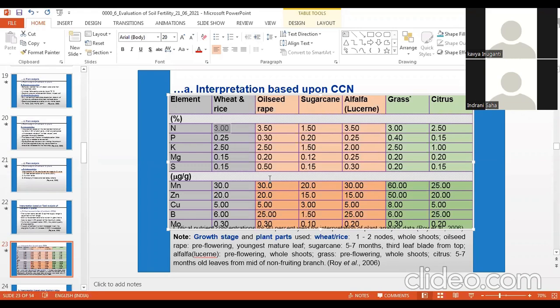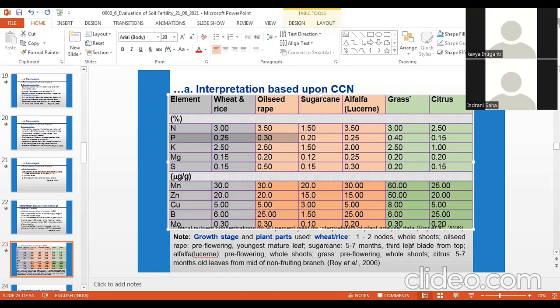So in this case, you can see for other nutrients like zinc, the critical concentration is 20 ppm or milligram per kg dry matter, at 1 to 2 nodes stage and in whole shoot. Similarly, you can check for other crops, for example, phosphorus concentration is 0.3 in oil seed,